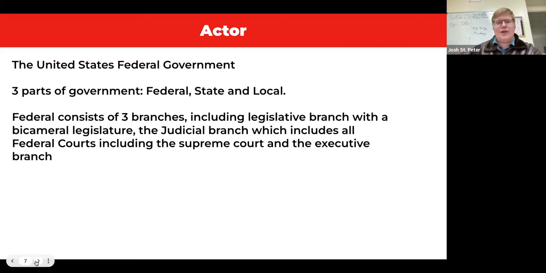The federal government specifically consists of 3 branches. The legislative branch is a bicameral legislature, which includes both the House and Senate, a total of 535 members between the two. The judicial branch includes all courts, which is important to note because a lot of times people will talk about the Supreme Court of the United States, but there are appeals in other courts that exist. And then there's the executive branch, which includes the president and the veto power, all of which will be important as we talk about the ways in which you can repeal an action, so you have the actual idea of what a repeal would look like. If we go to the next slide.